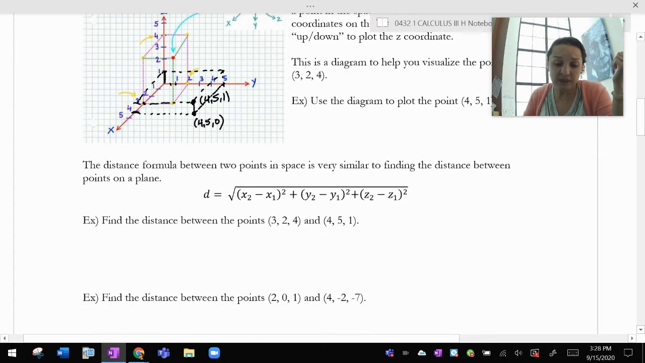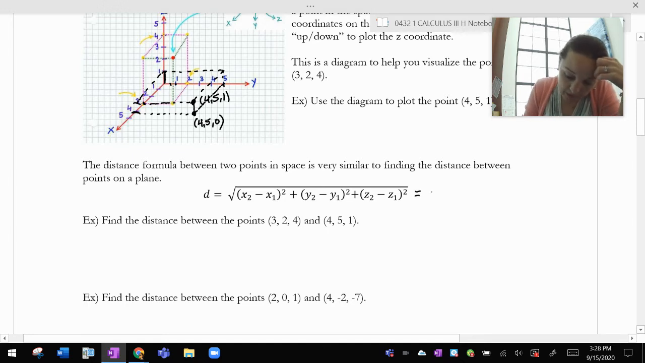Now, if you want the distance formula between 2 points in space, it's really just an extended Pythagorean theorem. Instead of x2 minus x1 squared plus y2 minus y1 squared, you also have plus z2 minus z1 squared, and then you square root the whole thing. So if I want to find the distance between (3, 2, 4) and (4, 5, 1),